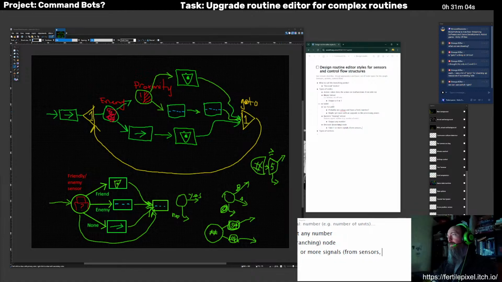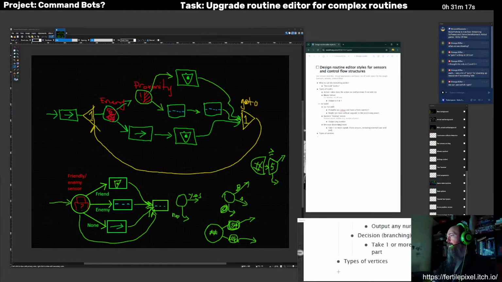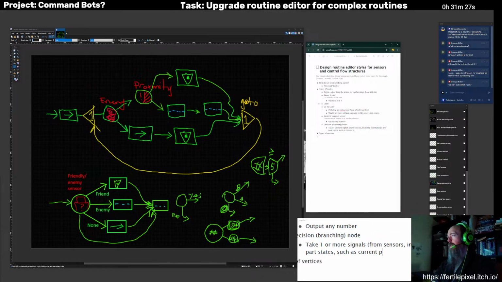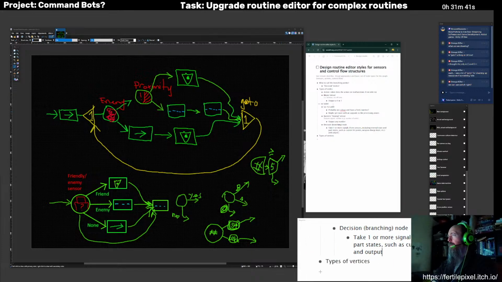Sensors, including internal state and part status states, such as current hit points, weapon charge level, etc. So it takes one or more signals and outputs